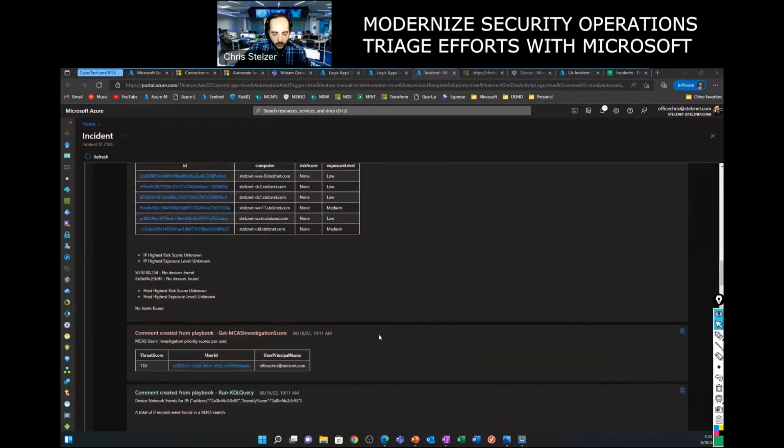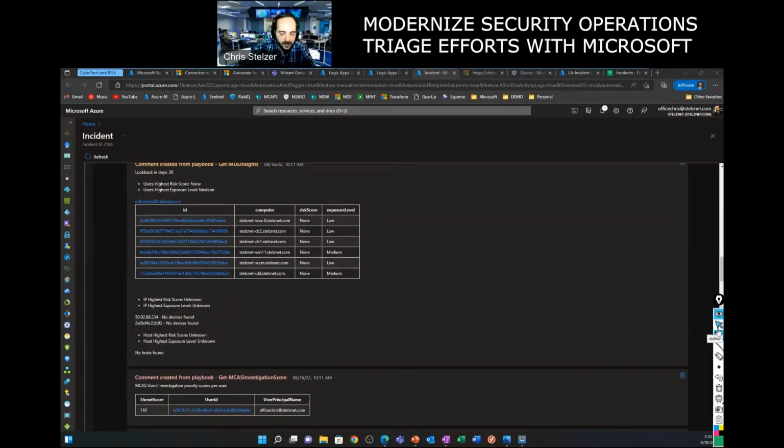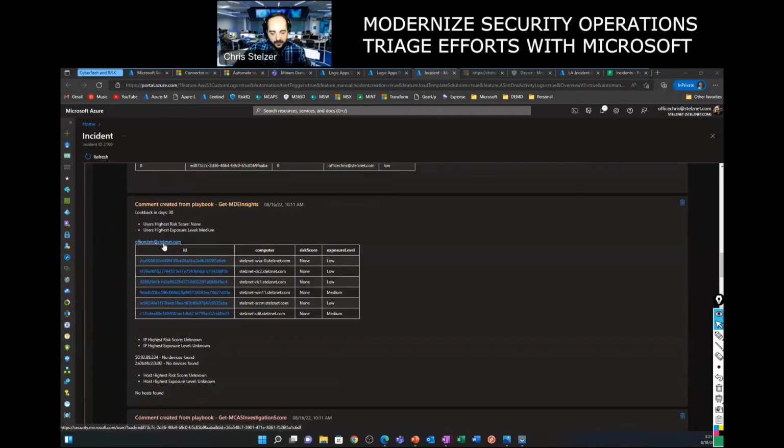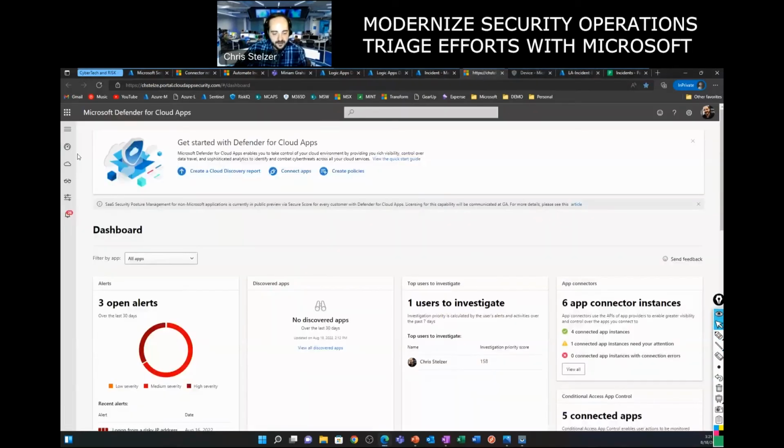The other thing that we can do is some pretty cool information in regards to hyperlinking. So here is an example where I have a link to the user account and a link to the person's devices. Here's all the computers this person's used in the last 30 days. That might be a way that I can dive into external pieces of data. Now, while I do link to our EDR platform, Defender for Endpoint, you could do the same thing with a different solution, something like McAfee or Symantec or CrowdStrike or Trend. It doesn't really matter. The idea is these modules run, they gather additional sources of data, they add comments with that direct linking. So if I wanted to say, let's dive into some further tools to show me more information about this user, I can click that link in question.